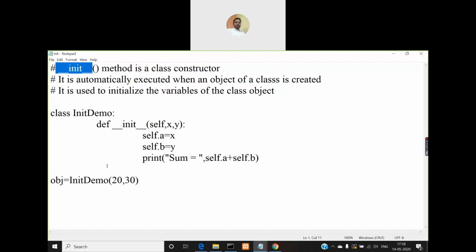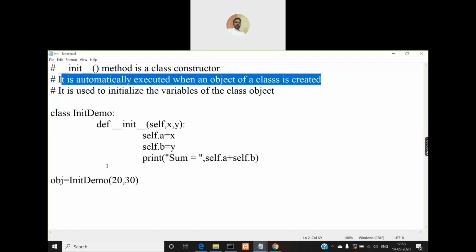It will be automatically executed when an object is created for the class. You need not make a call to it. Even in Java, soon after you create an object for a class, the default constructor for that class gets invoked and executed. Similarly, this init method, because it is a constructor, will be automatically executed when an object of a class is created.